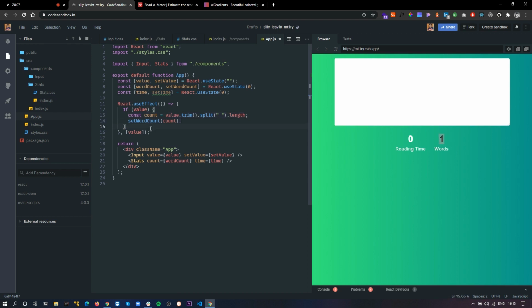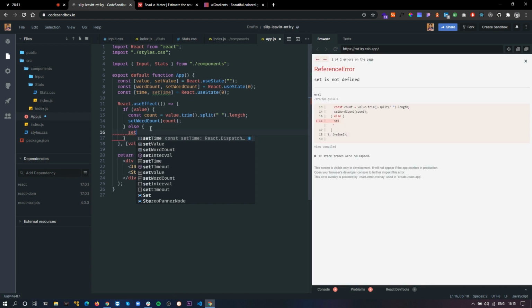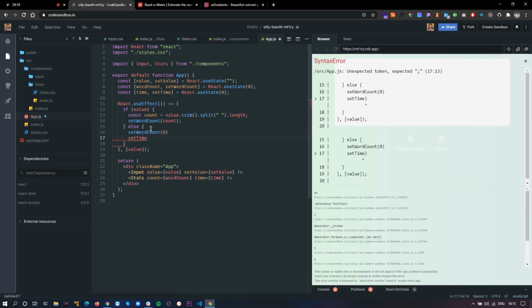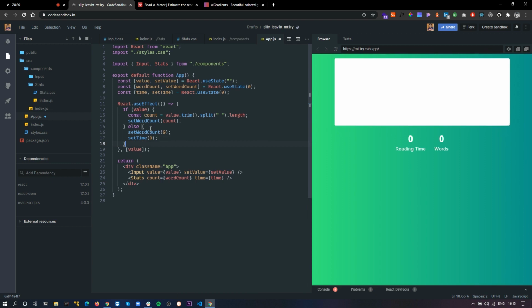What we can do is simply put an else block that will reset the counters. So we'll do set word count, and we'll also do set time equal to 0. Now it should work fine. Now it shows 2 words. I go back and it shows 0 words. So the logic for our word count is done.